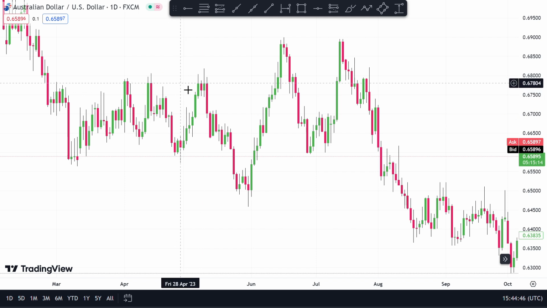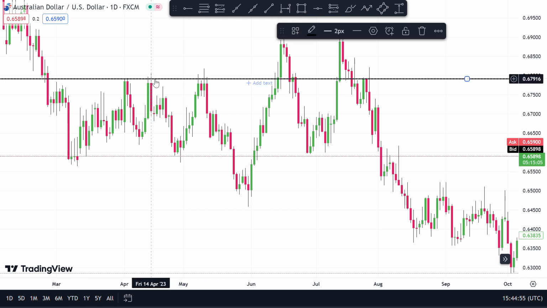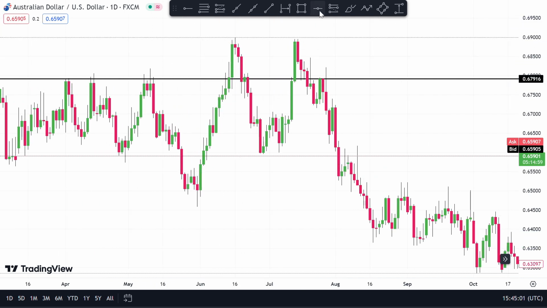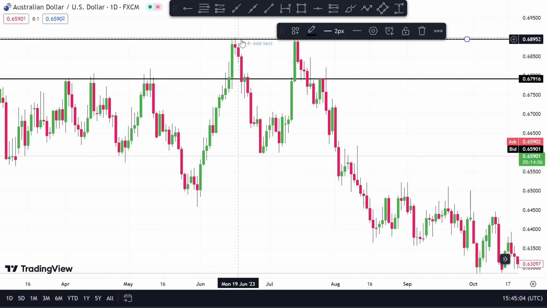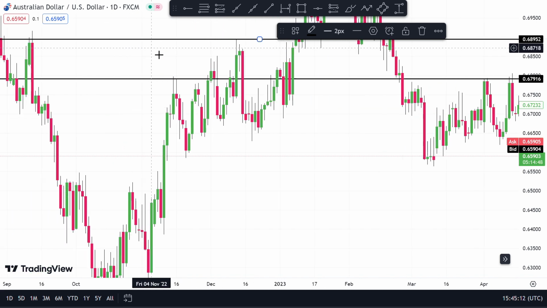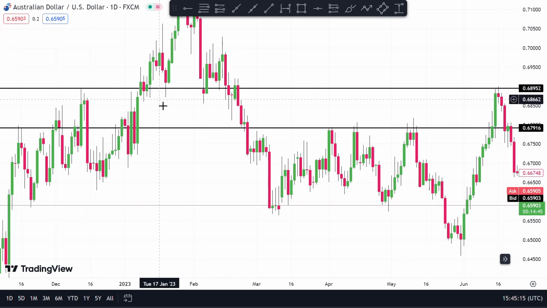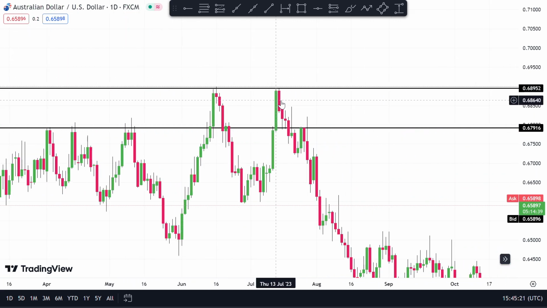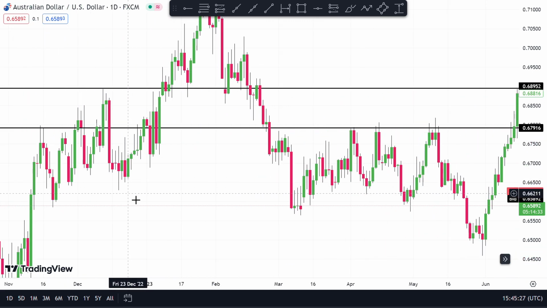There's a supply zone at this point. As you can see, there's a supply zone at this point, also at this point, and there's a supply zone here too. As you can see, it's a point that price always retakes at. Price broke past it, came back to retest it. Also here, and two times at this place, it came back to test it before going back down. As you can see, it's a valid key level,